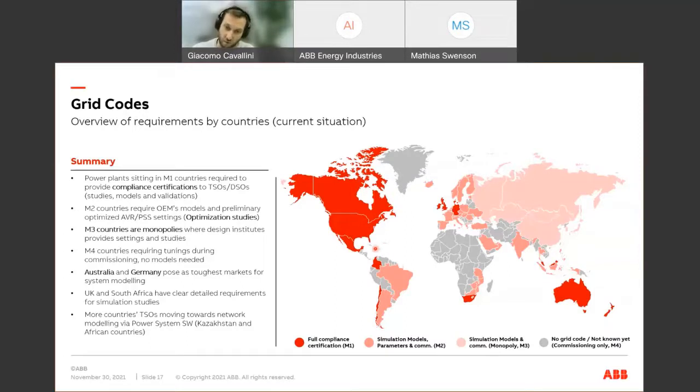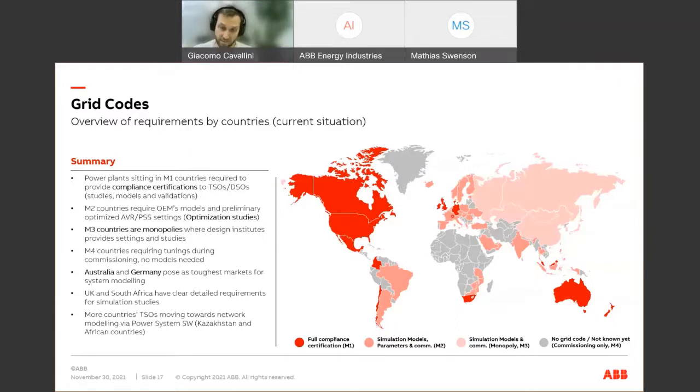We have Colombia, a strong market related to grid code, where, for example, model validation is highly required. Germany right now, as we know, and Australia are very strong markets as well. Australia has a specific process with the R0, R1, R2 phases. For example, in Germany, we have the VDE and the FKW standards that are really setting the requirements